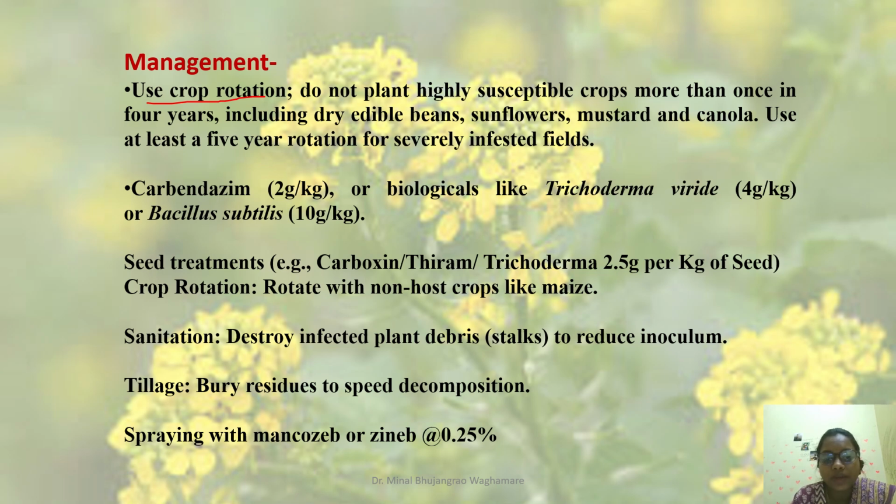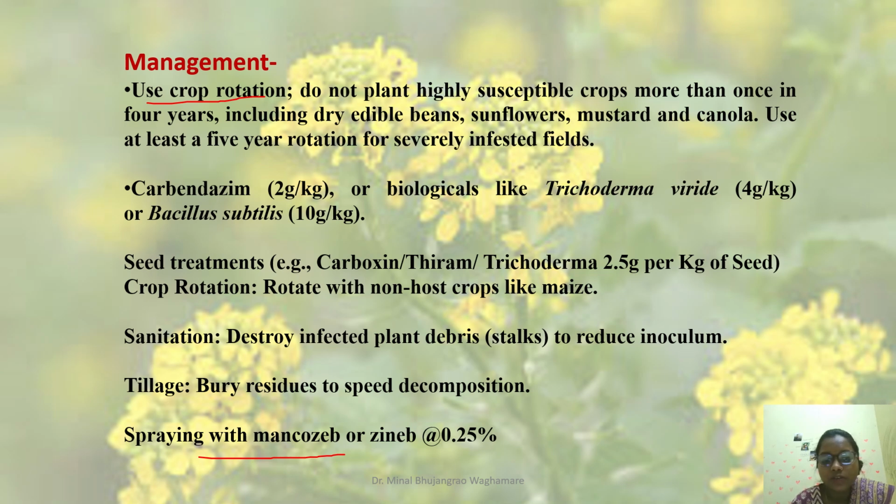Again, coming to the chemical fungicides, carbendazim, captan and thiram we can use for seed treatment, and Trichoderma viride also, and Bacillus subtilis as biological control. In this, mainly in mustard downy mildew and white rust, we use mancozeb, metalaxyl and copper oxychloride spraying, and